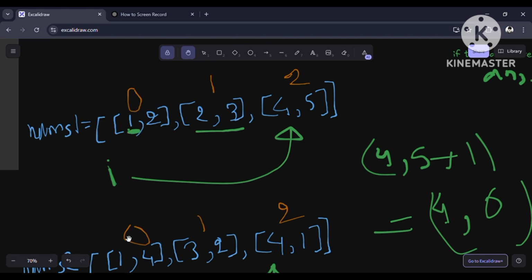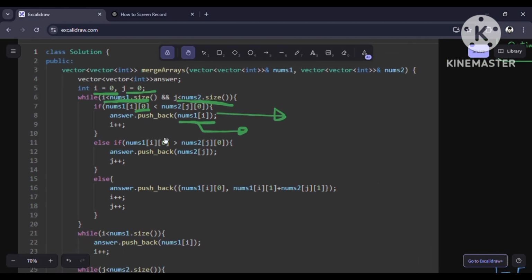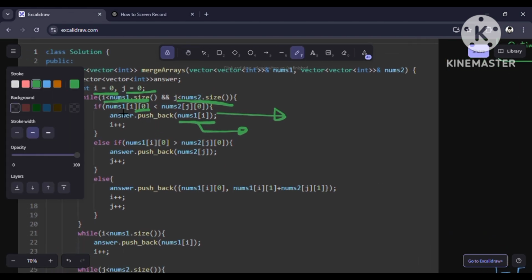So here you can see nums1 I of 0 and nums2 j of 0. This one is less, so I have to insert this as it is. And next update I plus plus. Next else if the second case. This one is the first case and this one is the second case. So in the second case, if the second array's id is less than the first one's id,